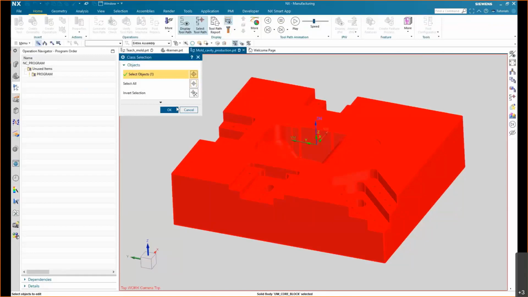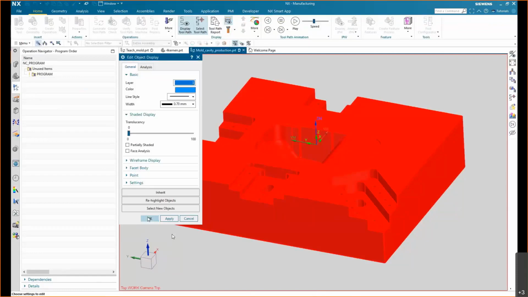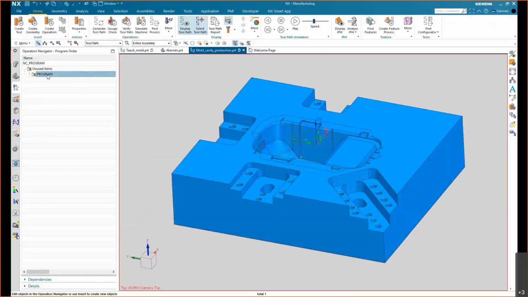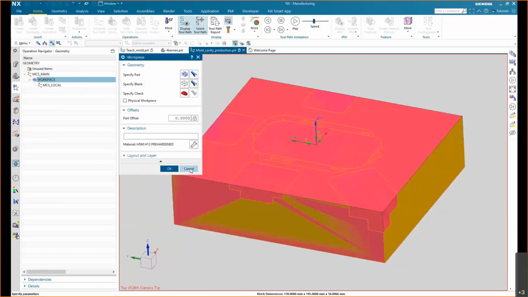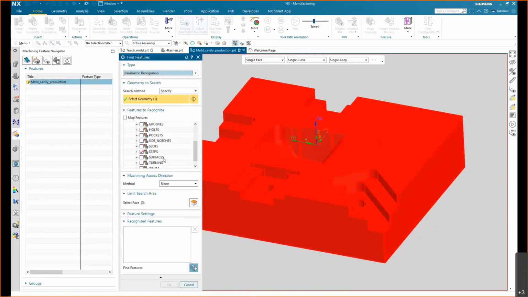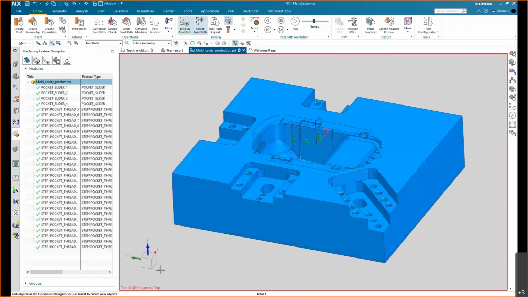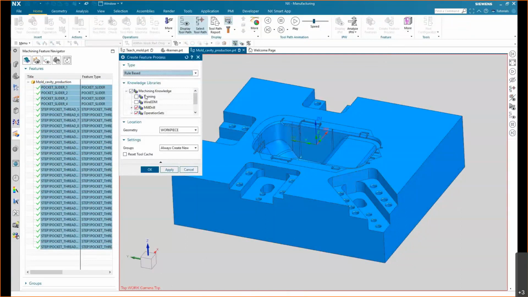Now, let me show you the same mold. I'm just going to change the color here so you can see that it is a new test of this part. Just going to do this stuff again. I'm going to show you that it's the same part, but with the part defined and blank defined. Going to find the features here. Select the pocket slider, select the steps. As I said, the steps are the out-of-the-box best practices content, which is already there for everybody who has NX installed. Select all found features, create a feature process, and